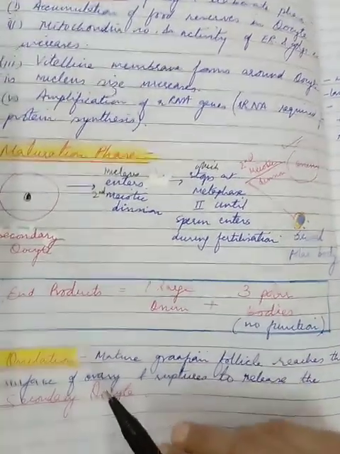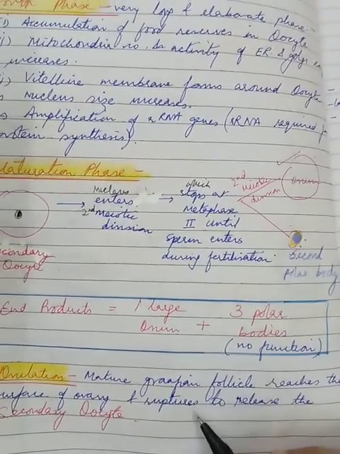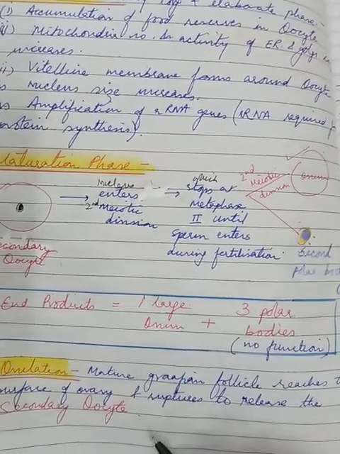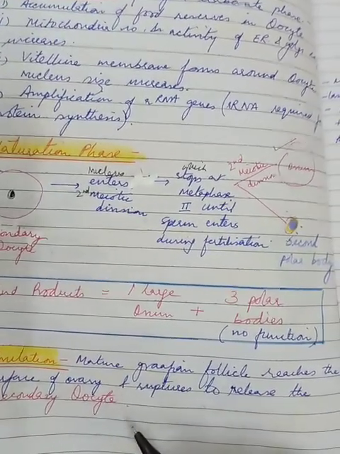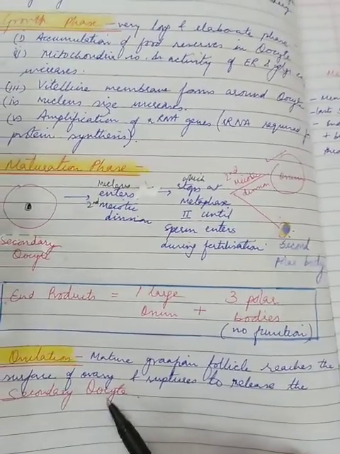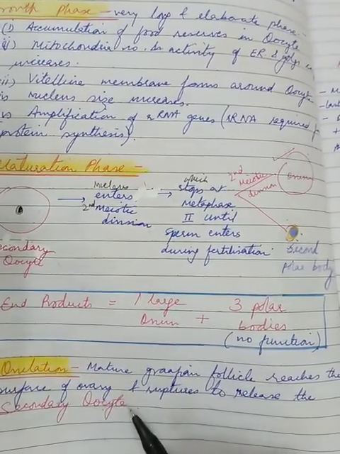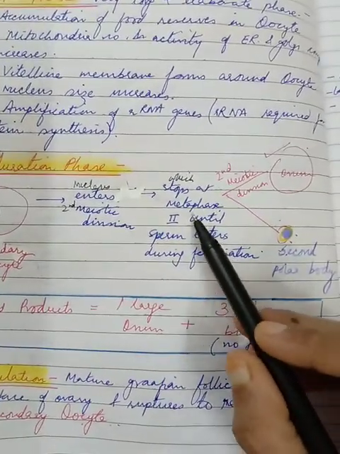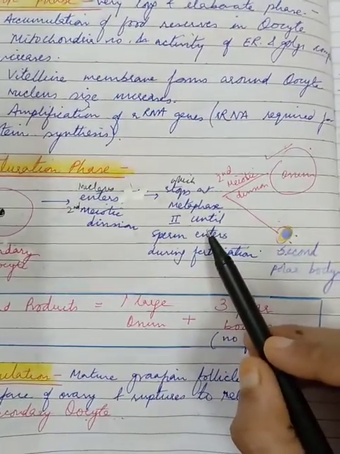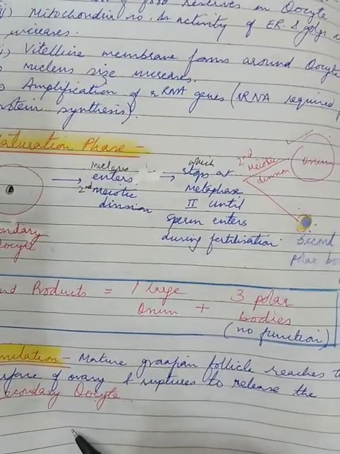Alright. Then the ovum is released in the secondary oocyte stage. This is very important children. In one word answers, tick mark questions, this is always asked. That ovum is released in the secondary oocyte stage. The nucleus of the ovum at this time is at metaphase stage. I told you it is held up. Which stage is it held up? At metaphase. And this will be completed only after the entry of the sperm.